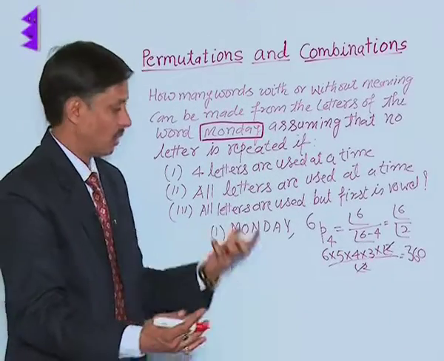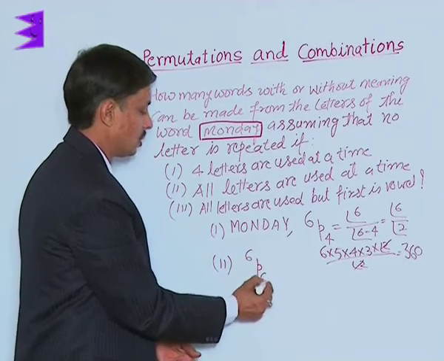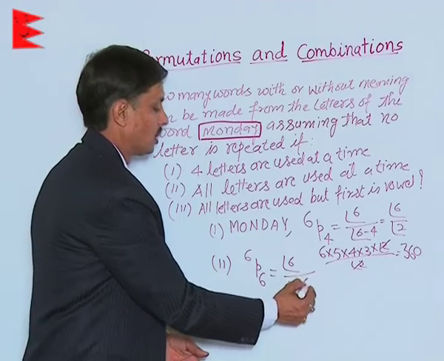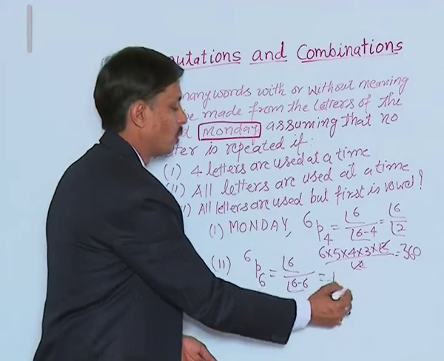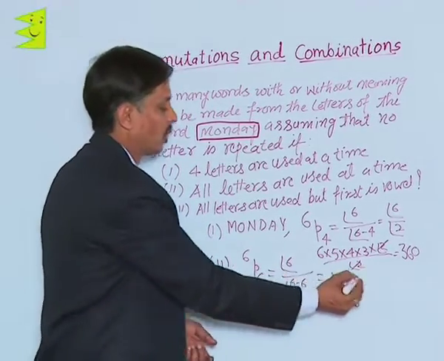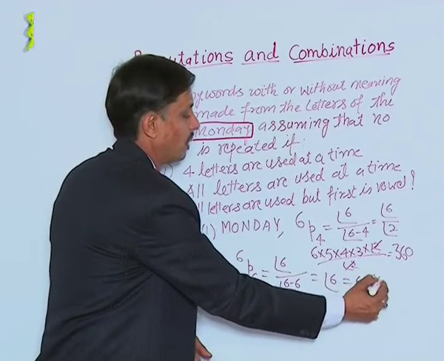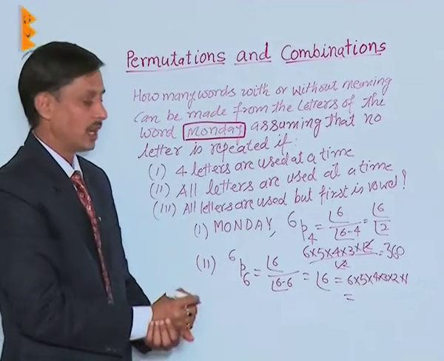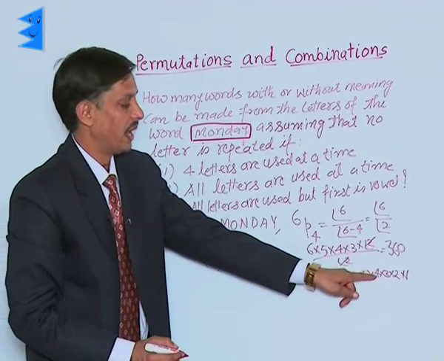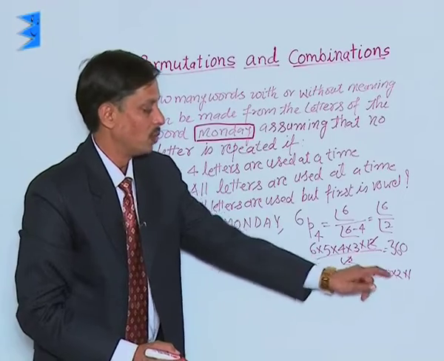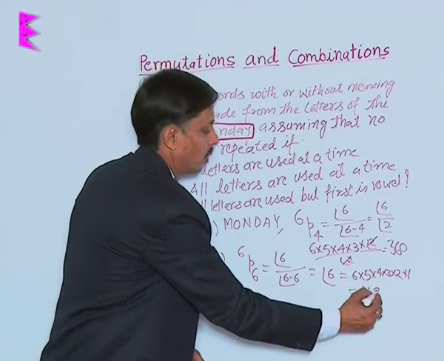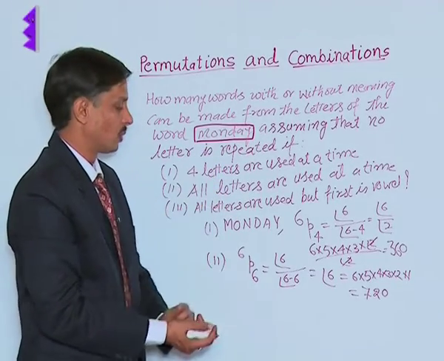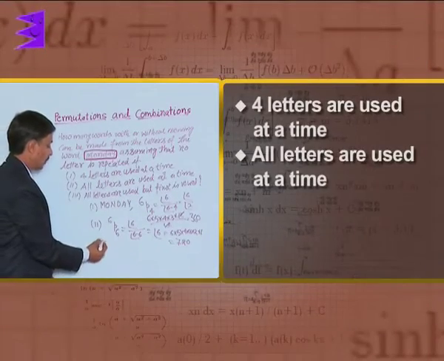So nPn, all means 6P6, which becomes factorial 6 upon factorial 6 minus 6, which equals factorial 6. And you know factorial 6 means 6 into 5 into 4 into 3 into 2 into 1. 6 5 is 30, and the next product is 4 3 is 12, 12 2 is 24, that is 720. And you must remember at least the first 5 or 6 values of the factorial. Then the third part,